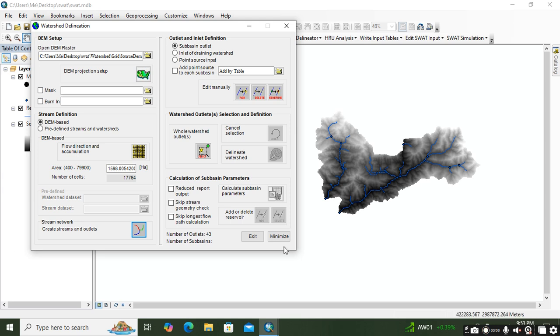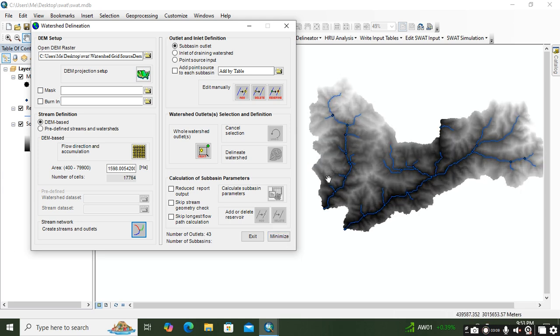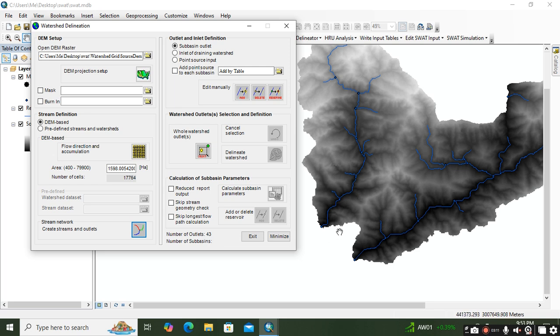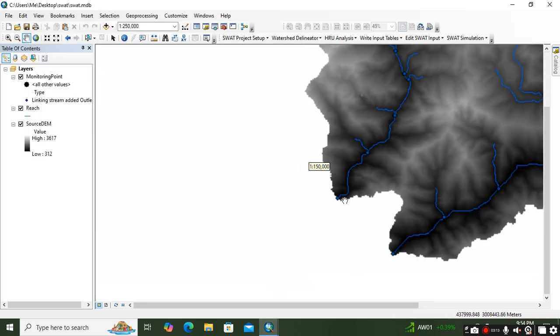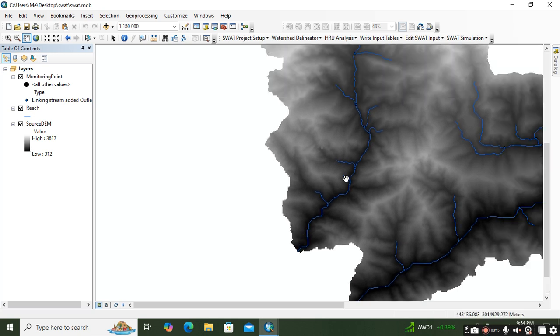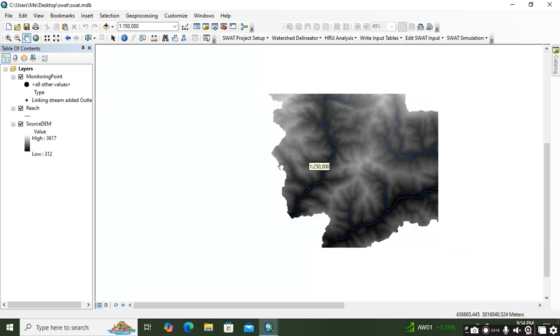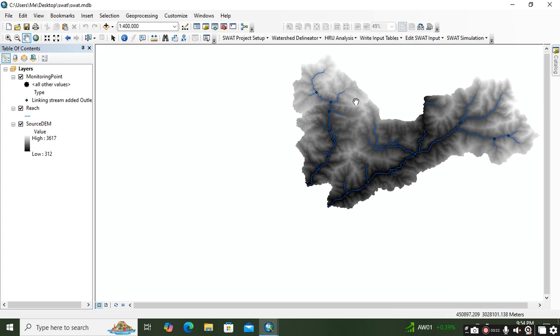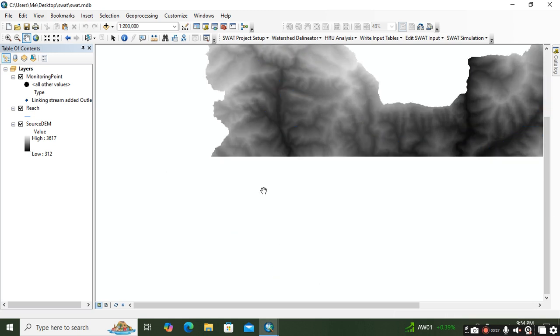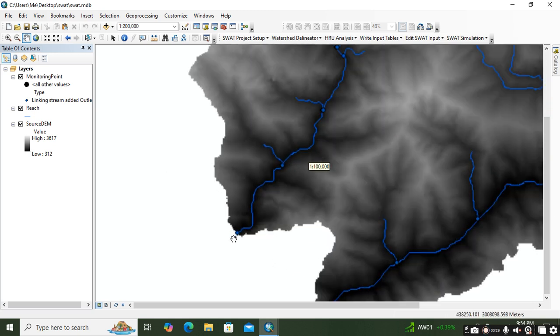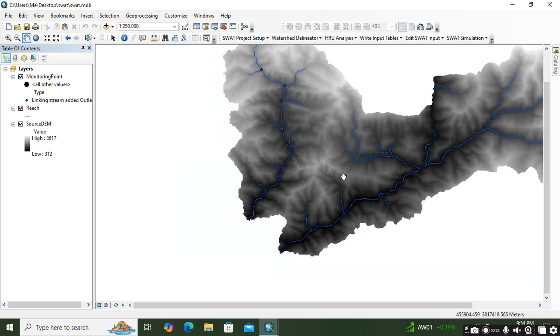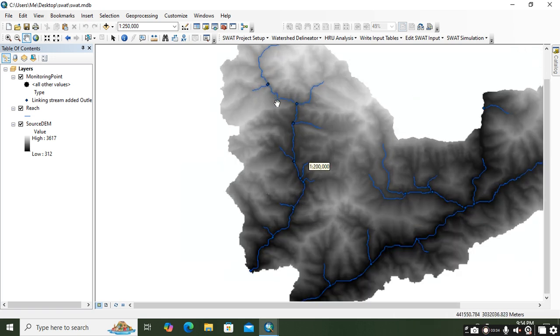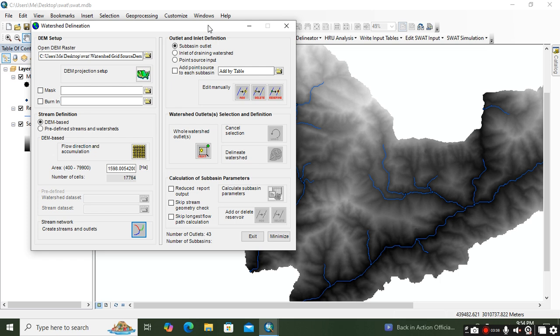stream network. From here you can see it will give us different outlets. These are the monitoring points. There are two watersheds. You can see here, this is one and this one is another. There are other options also, for example,